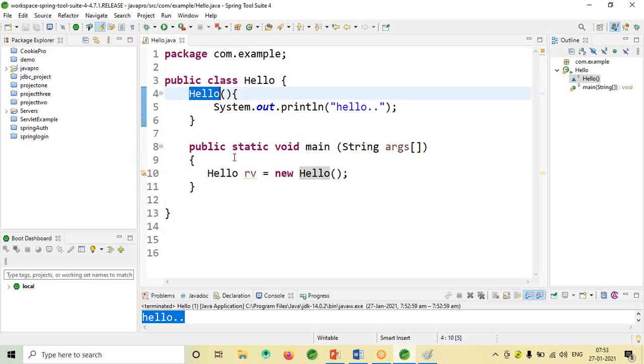The second rule is that a constructor should not contain any return type. Whenever you write the constructor, you cannot use void or int like this. You should not use any return type. So that is another rule. Now, with the constructor,